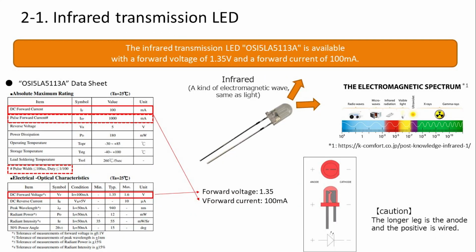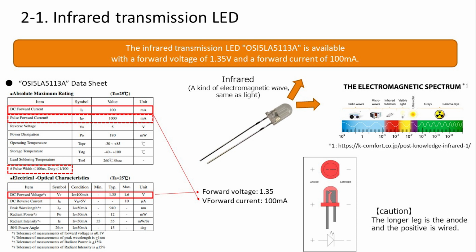Moving on. We will understand infrared transmitting LEDs. First, although infrared rays are invisible to the human eye, they are a type of electromagnetic wave, just like light. Therefore, the infrared LED also turns on and off in the same way as light. As you learned in the LED section of the previous video, you can use it in the same way as